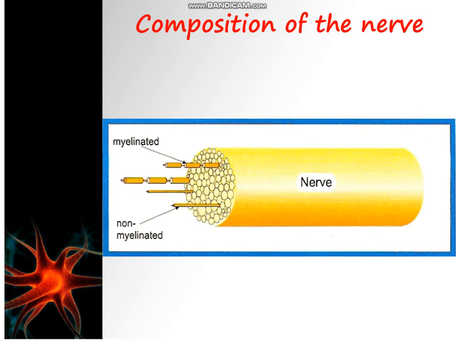First, what about the composition of a nerve? The nerve includes different types of nerve fibers, myelinated and non-myelinated nerve fibers, and nerve fibers of different diameters, as we see in this document. Each type has its own threshold of stimulation, and it conducts the nerve message with a different speed. What does this composition lead to? Let's see.